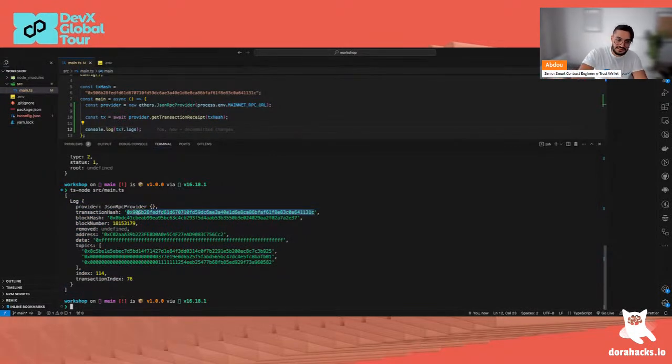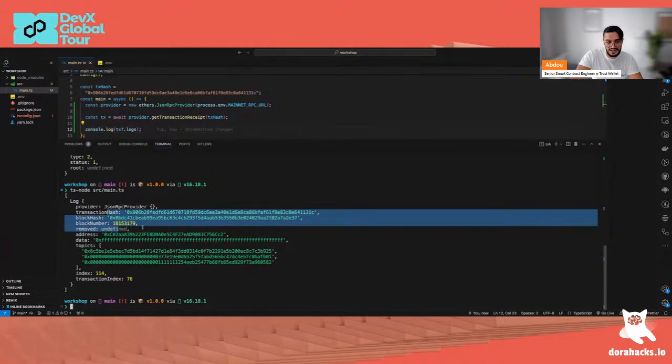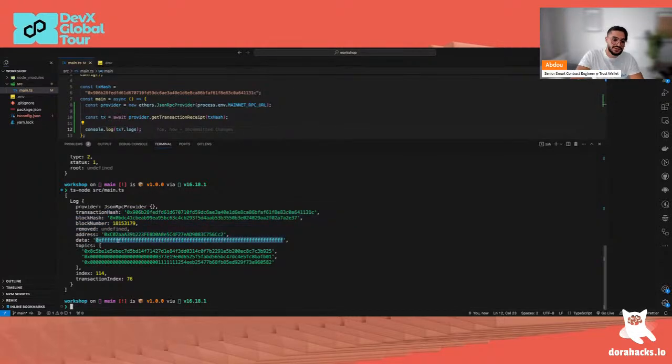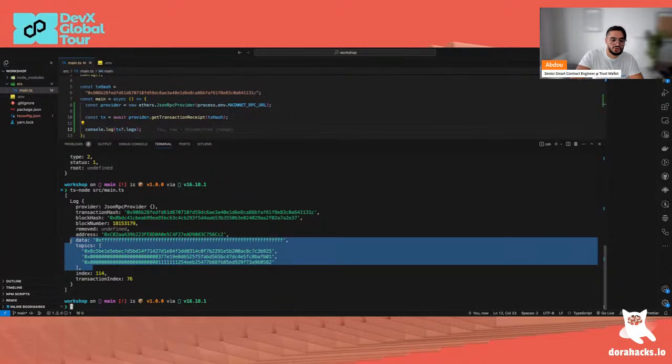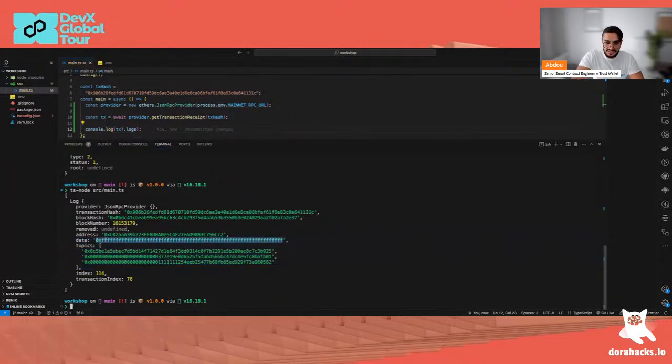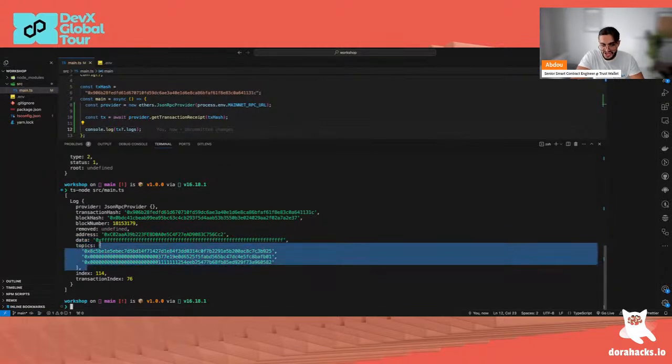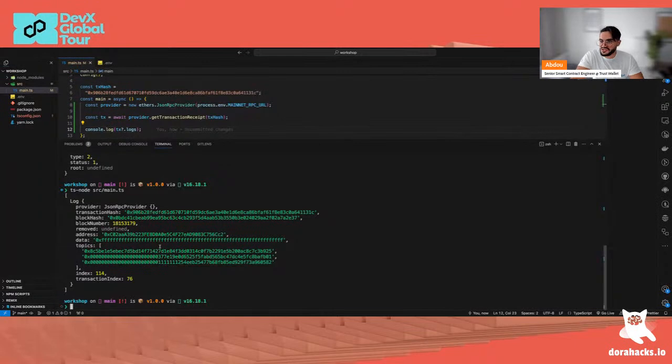So this is the log. It's telling that this log was part of this transaction hash, which is fine. We have the block hash again, all of this data we already know, the address, and then we have our main two data we want to understand from the logs, which is the data and the topics. As you can see here, topics is an array of byte